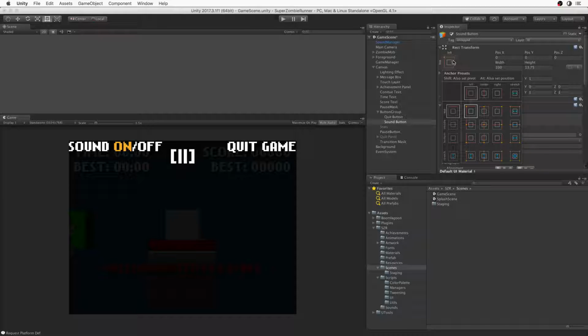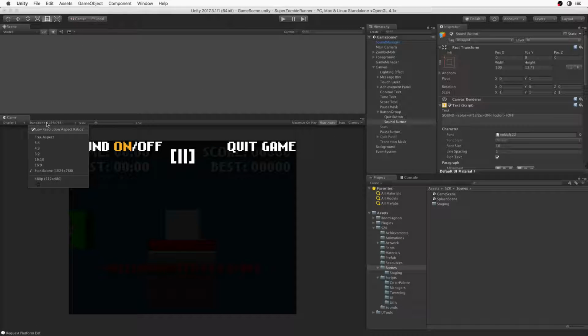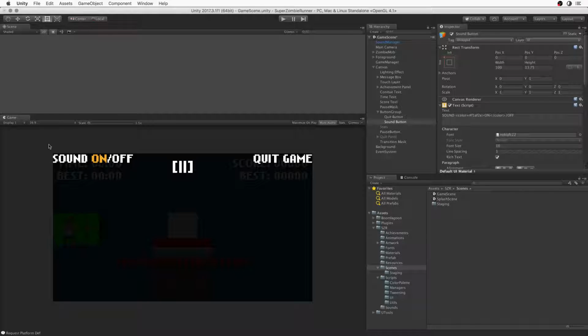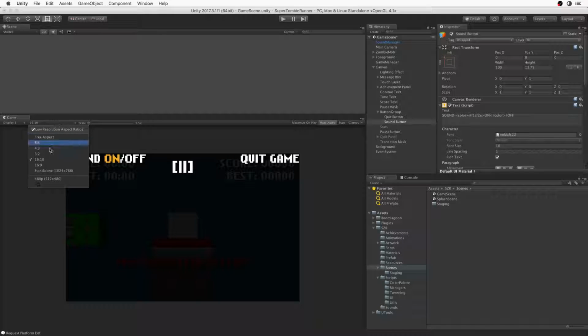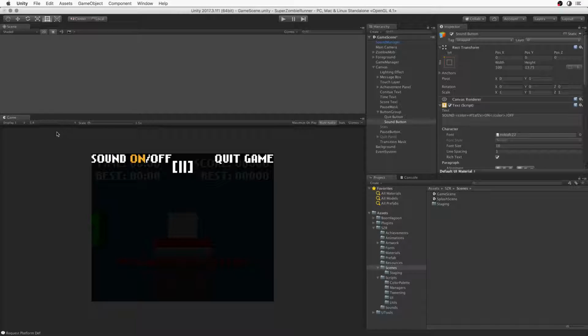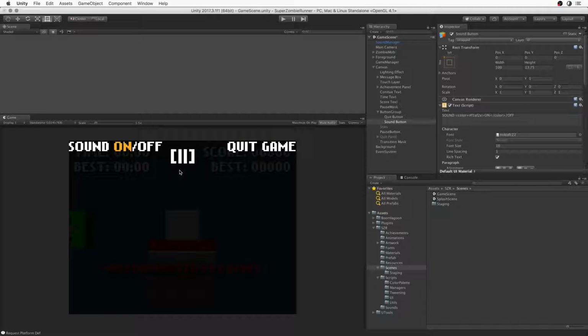The one thing I do like about Unity's UI system, when it actually works, is the fact that it helps with these different resolution layouts. So I can go through and it does a pretty good job about anchoring itself correctly. So now that I've sorted this out, what I want to do is just come through and